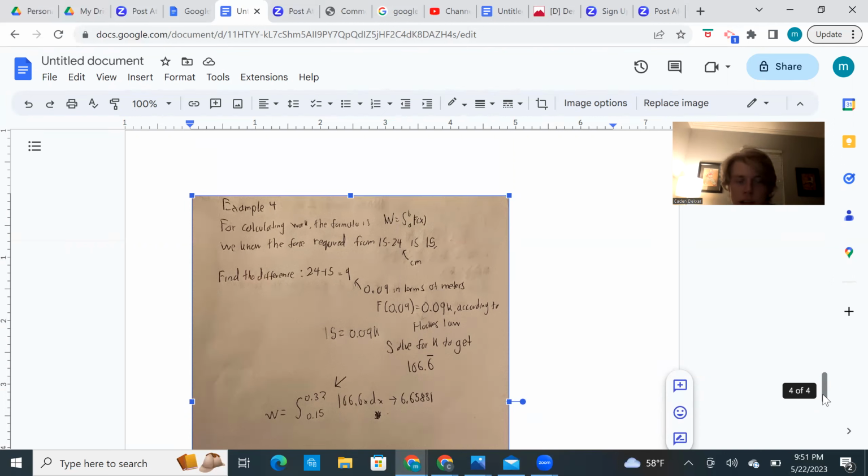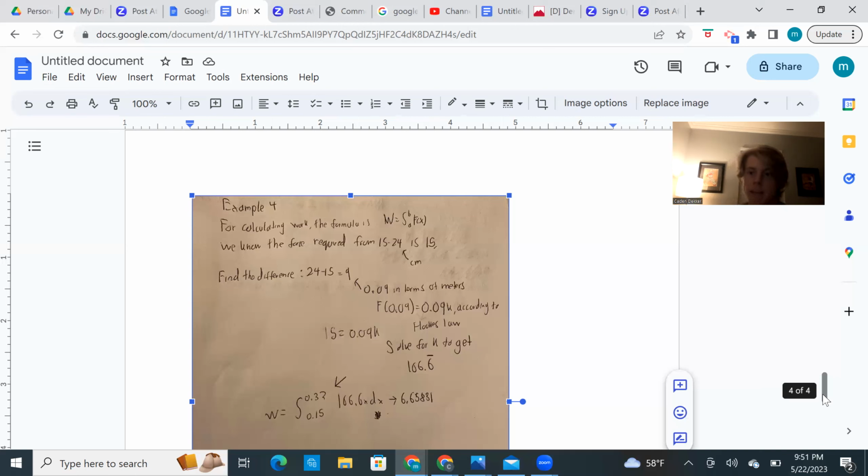And so pretty much right off the bat, it identified it required 15 units of force to get the spring from 15 centimeters to 24 centimeters. So pretty much we could just take the difference of that, which would equal 9, and then put that in terms of meters, which is 0.09, and then set it equal to 15. 15 equals 0.09 k, using Hooke's law for that one. And again, then we could just solve for k, and we end up getting